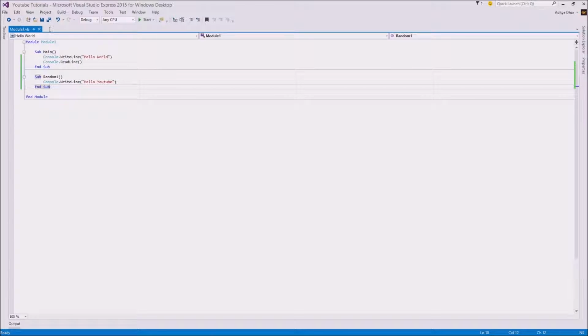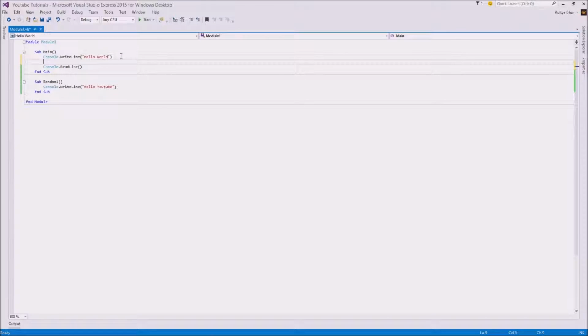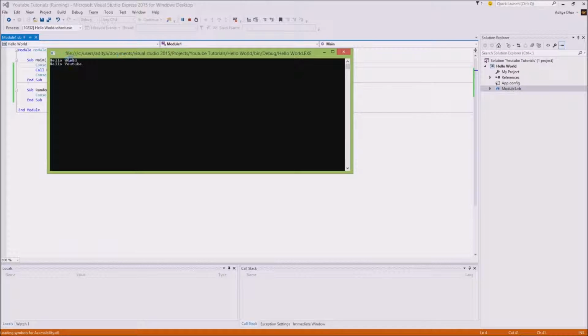When your Visual Basic program starts, it's going to go to Module1, right here. This is Module1, and then it's going to open up Sub Main. This is the one that's basically like a control center. This is what controls everyone else. How do you make this run then? Well, you have to call on it. The control center needs to send in a call statement. So you're going to call random1, and now if you run it, it's going to say hello world,